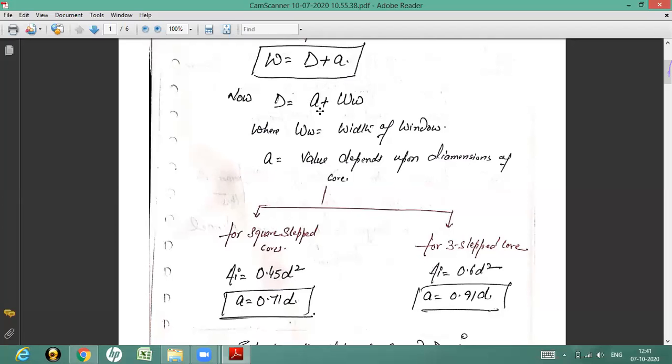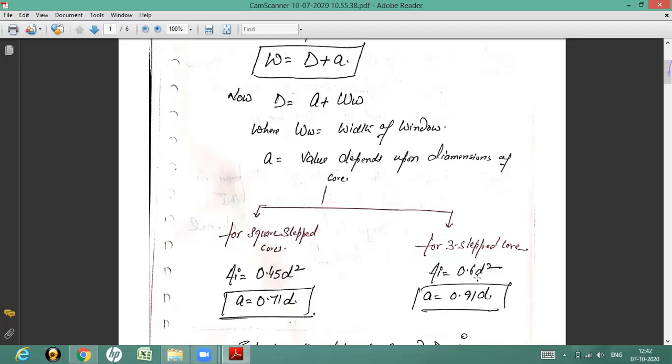D is equal to A plus WW. WW had already been calculated in the main dimension. So from that you can calculate the value of capital D. Substitute the value of capital D and A. You can easily get the value of W, that is called the length of the frame. Clear? But if in the numerical, if you use a three-stepped core, in that case your AI is equal to